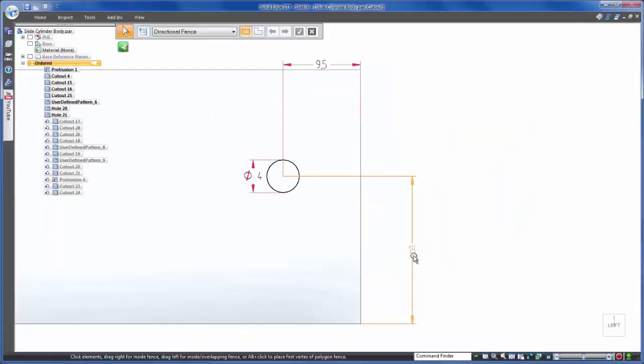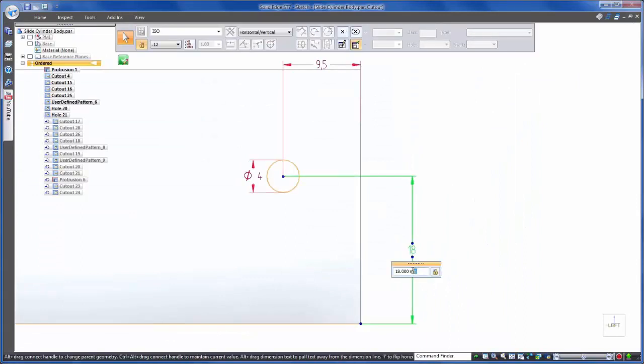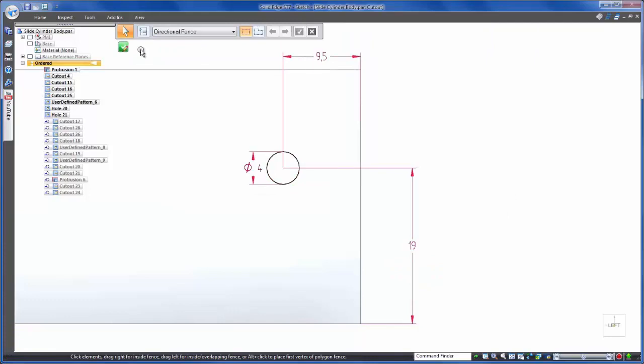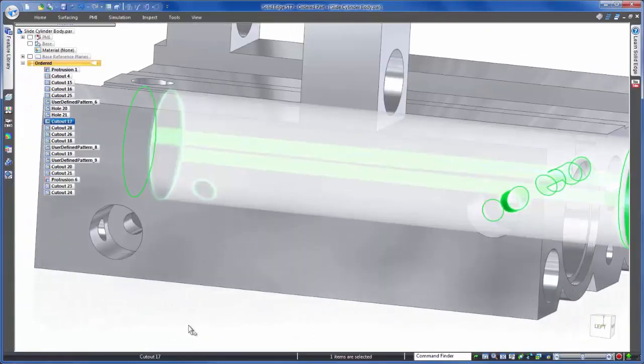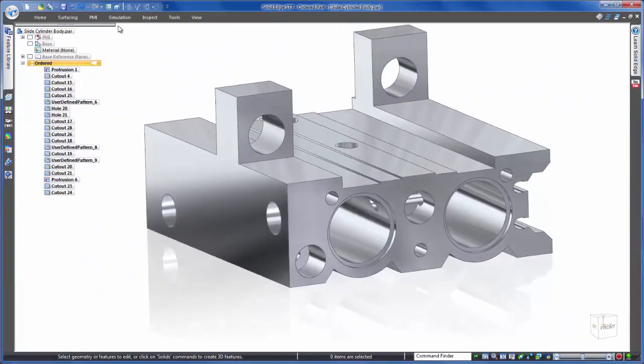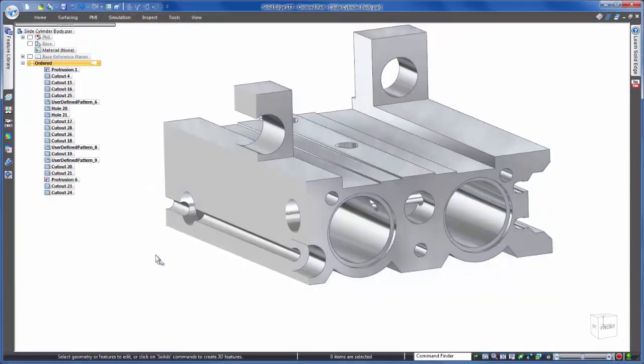This sort of frustrating situation is often run into in history-based modeling. Design intent may not be what you naturally expect. It's all down to the original decision upon creation. Re-examining our part to make sure everything is how we need it, we notice that we now have an issue